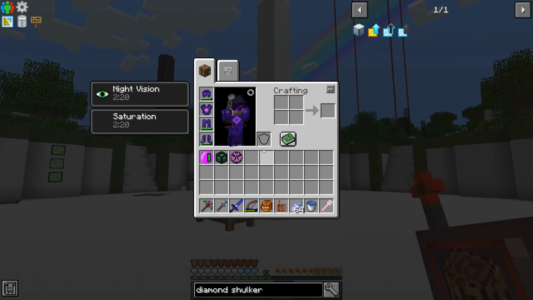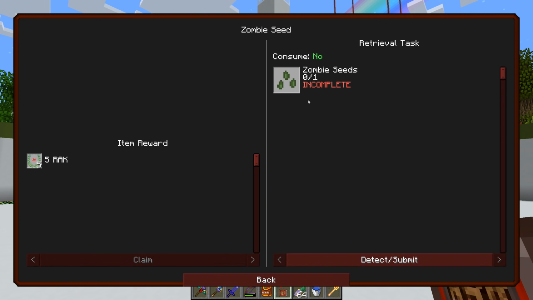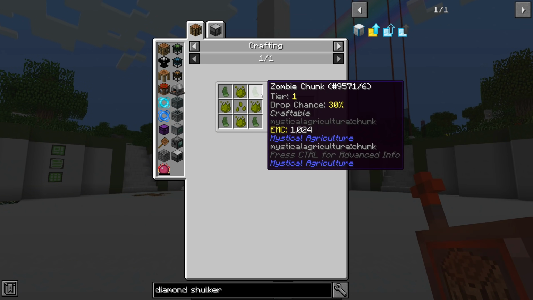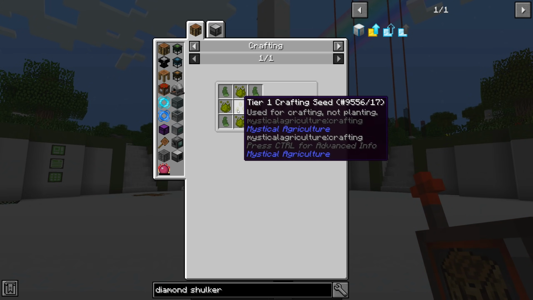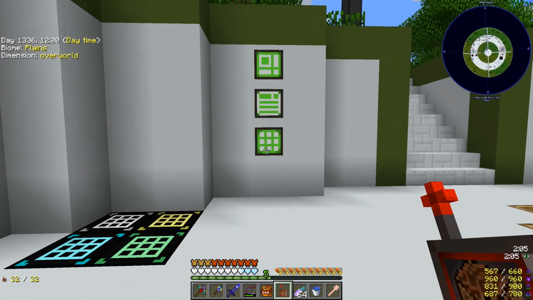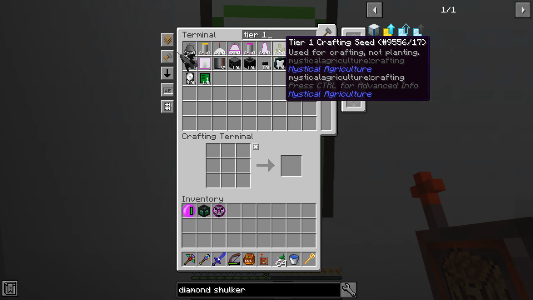Anyway, so first things that I want to do, let's take a look at these zombie seeds. So zombie seeds are zombie chunks, which do have EMC, plus tier 1 crafting and Inferium. So this is going to be really simple to do. Let's just go ahead and knock this out real quick. So we want tier 1 crafting seed right there,